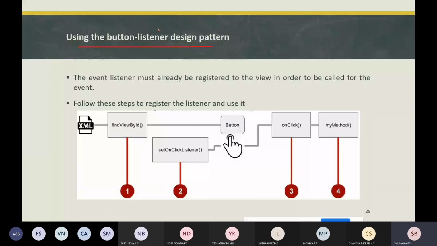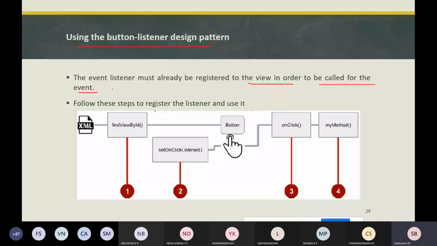When the user interacts with that particular button and clicks on it, this onClick callback method will be triggered, and the Android framework will call it. The event listener must already be registered to the view in order to be called for that event.